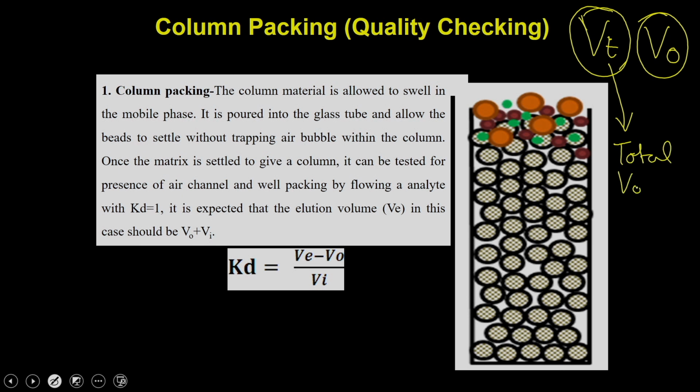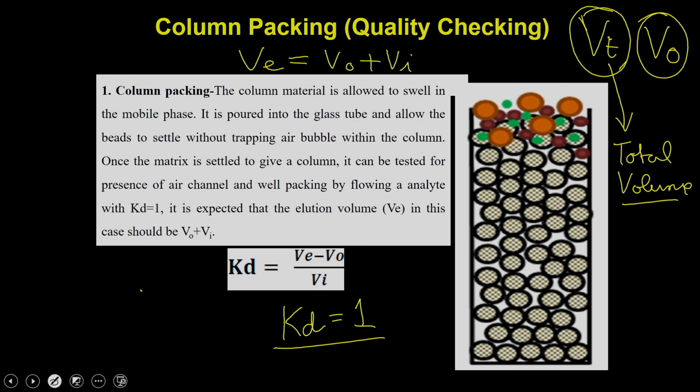So how to calculate the total volume? If you remember, when the KD is equivalent to 1, the VE is equivalent to VO plus VI, which means that for a molecule with VO plus VI, it is equivalent to VT.